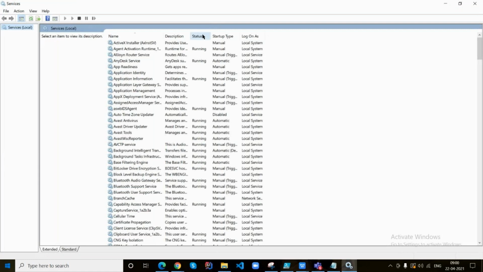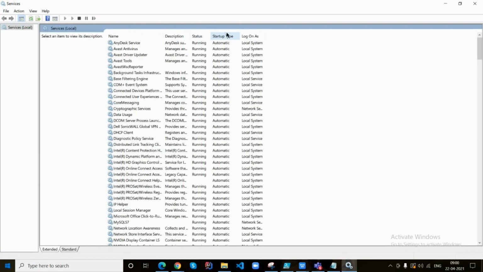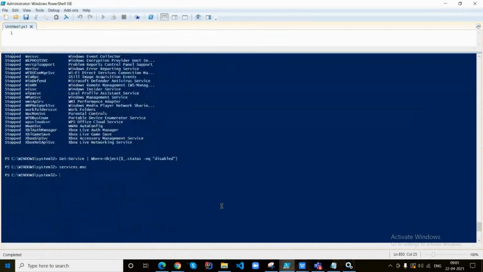Here you can see five parameters associated with each and every service: the name, description, status, startup type, and log on as. So whenever you are executing the Get-Service command, you are getting the name, status and display name, right? Mahesh, get the information for a particular service please.